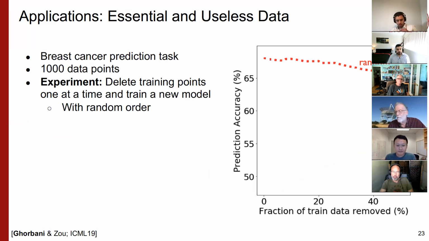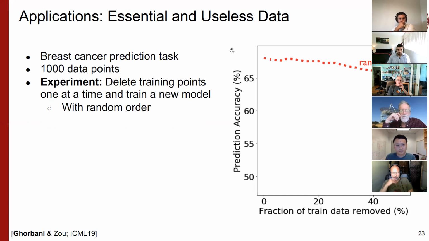We want to delete data points one by one, and each time train a new model. So we are shrinking the size of our training data one step at a time. And each time we train a new model, and we test that model on out-of-sample, unseen data. So if you remove data points in random order, obviously the performance is going to drop because you're just making the size of your training data smaller. But it's not going to drop that much because the logistic regression model saturates very fast in the